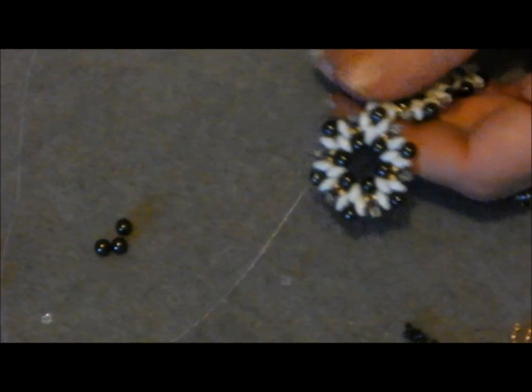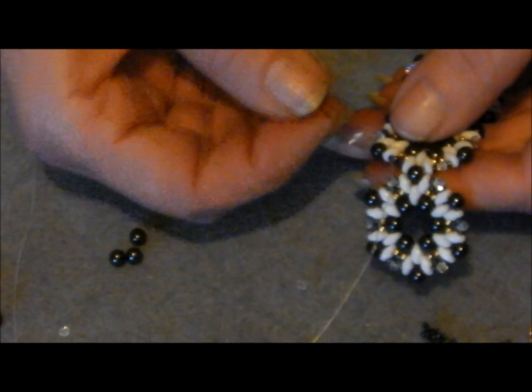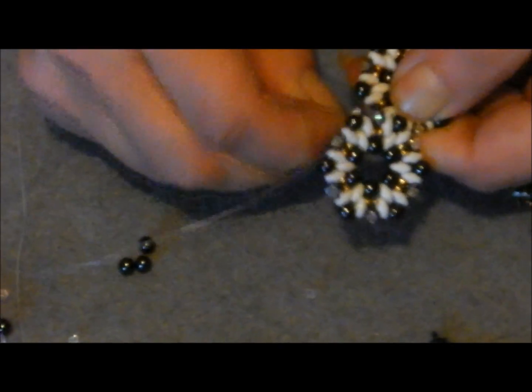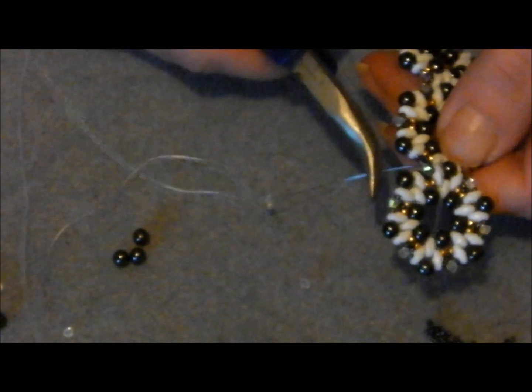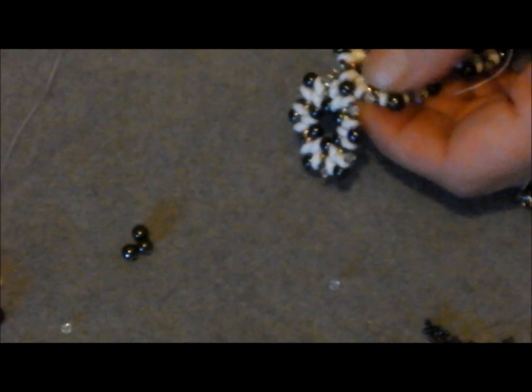And we're going to pick up the last 3mm bicone through the Super Duo, and this is where it gets rather tight and where you might need the pliers just to push it through and pull if necessary. Okay,